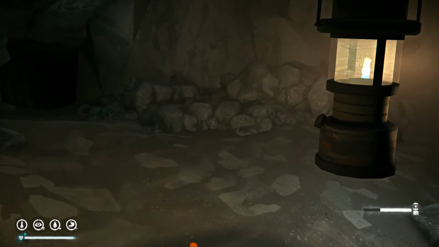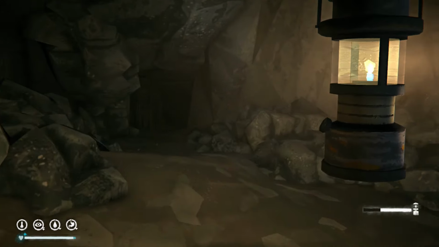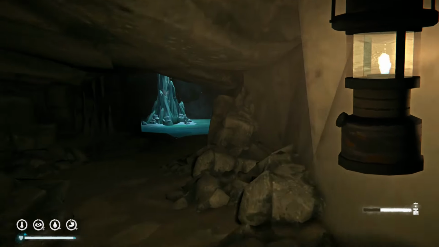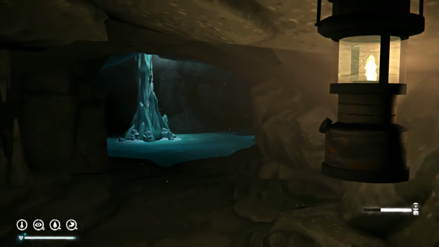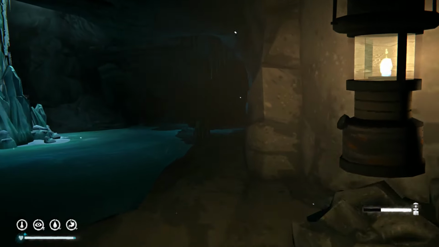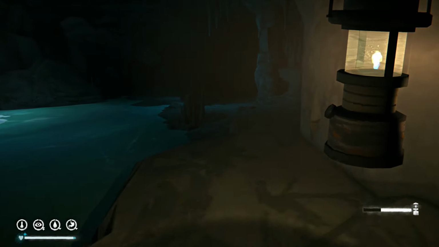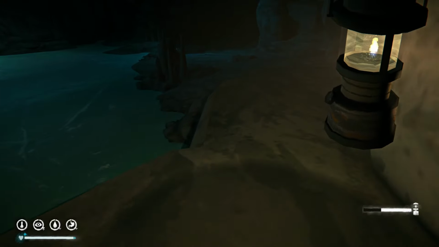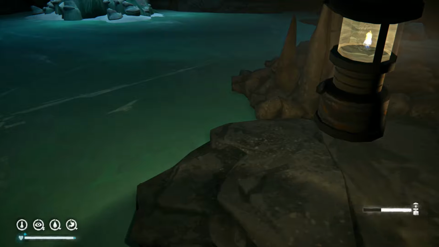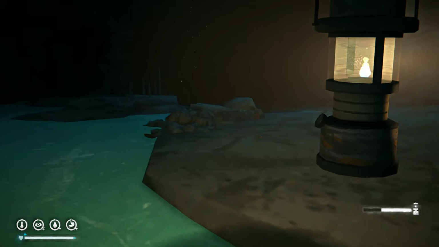Alright. So here's our first decision. We can veer to the right or veer to the left. We're going left. Alright, here's our cave with our big ice waterfall in it. Still no Maisie, but that's alright. And we're going to go down here and get on the water. And then we're going to follow the waterway